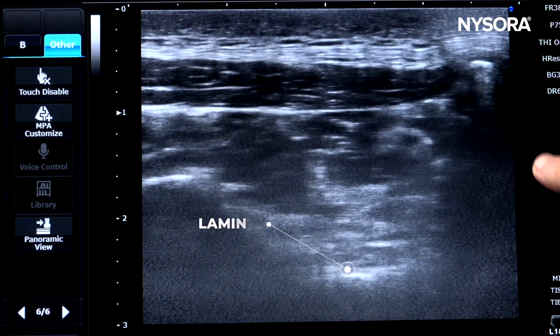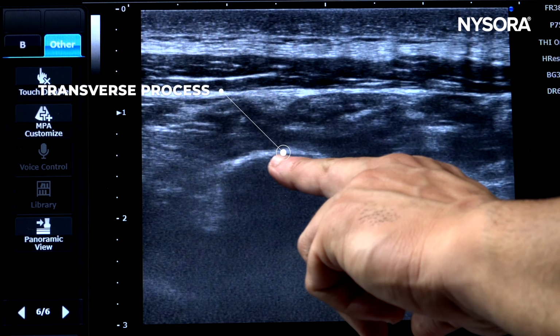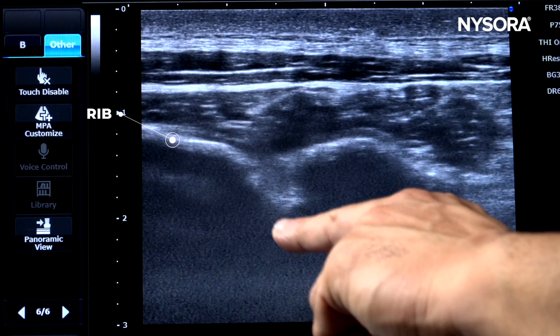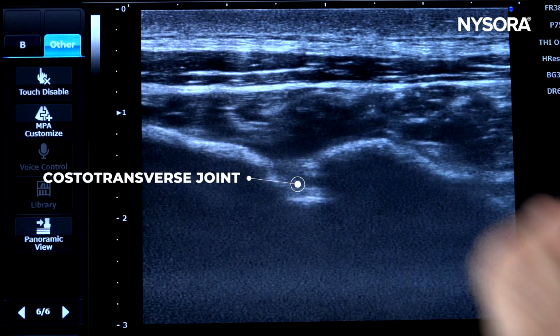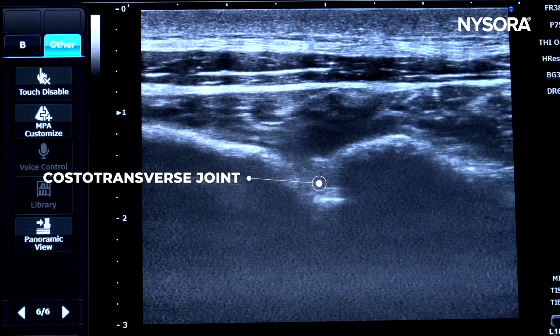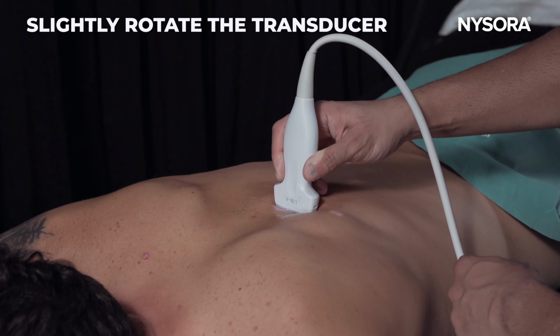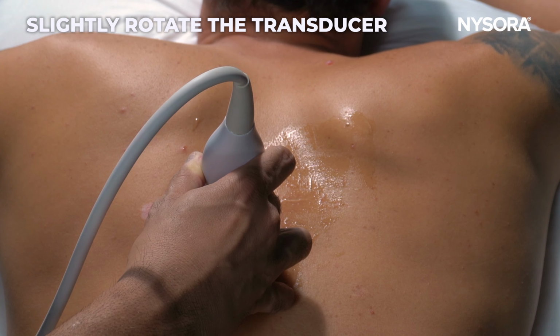As soon as you move laterally, you start to see the lamina. And then a point will come where you will start to see the transverse process in your image. Followed by this, you will also see the rib coming and joining onto the transverse process. And this is your costotransverse joint. The tip here: try to move the medial end of the probe slightly more caudad, and this will allow you